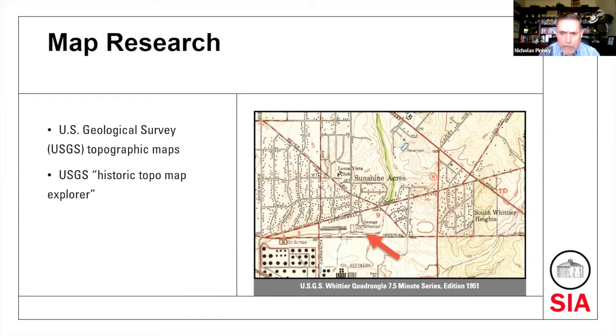North of the highway and just south of Leffingwell Road near a subdivision named Sunshine Acres. The same sewage disposal plant is also shown in the 1951 map, and the location on the map is south of the city of Whittier's corporate limits by about 4 miles. And the contour lines show the slope of the land is correct for gravity flow from the city to the plant. So the 49 and 51 USGS maps matched the journal descriptions of the city of Whittier sewage disposal plant,